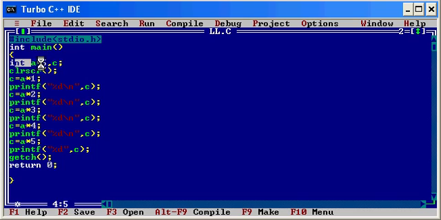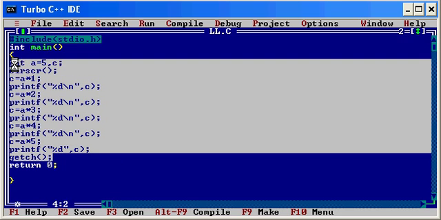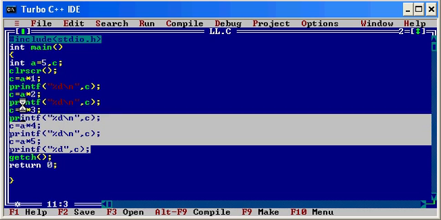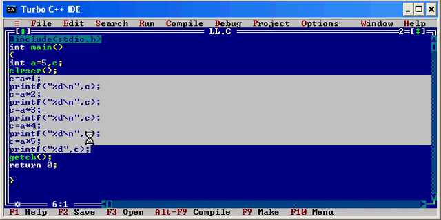First I have initialized two variables, a equals to 5 and c, and a clear screen function. Now I am giving c a basic arithmetic operation, which we had done in one of the previous videos. The multiplication value will be stored in c, so I'll printf %d comma c, which means this c will be printed. Again same here, instead of 1 I have written 2. So this is how sequential execution is done. To write a simple program of table number 5,